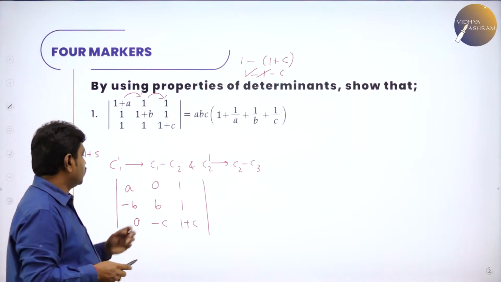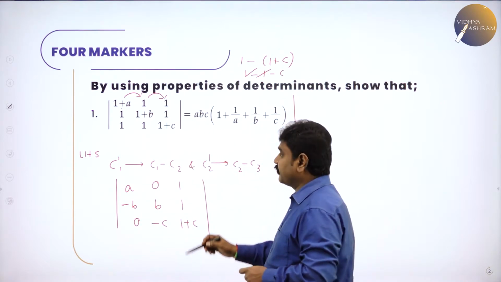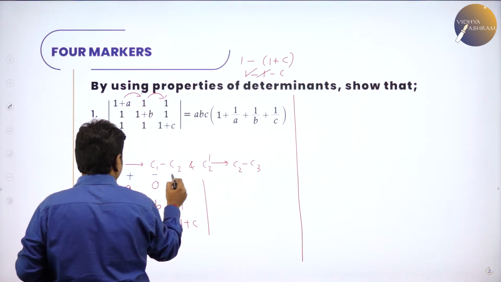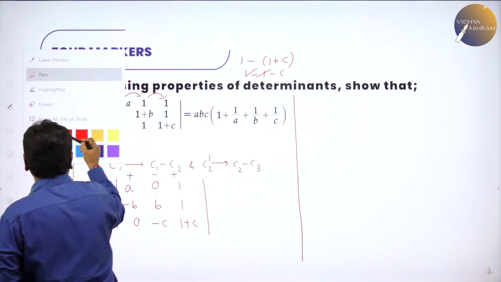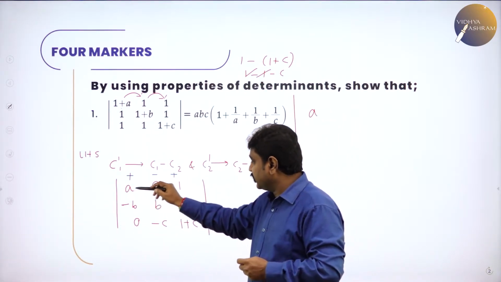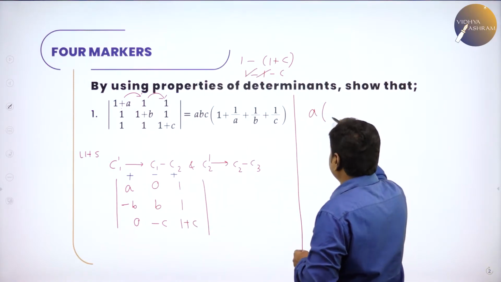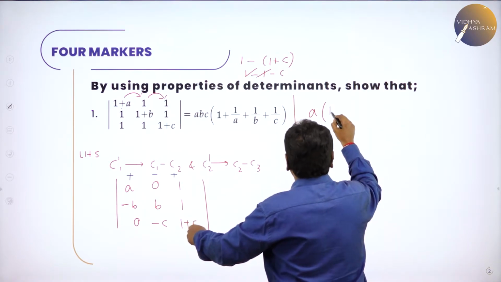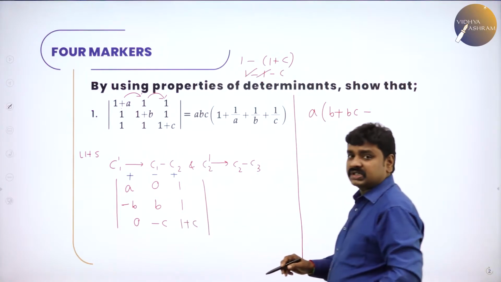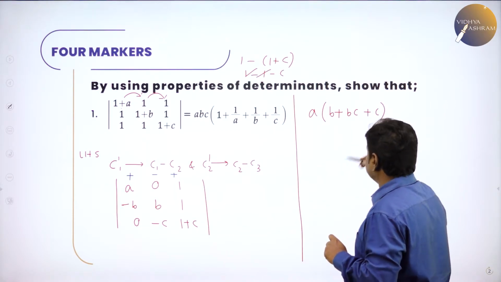You can expand this. So now all of you know 3 cross 3 determinant expansion. Expand it. So that is plus minus plus, plus minus plus, and expand this. So if you expand A into, delete the column and row where A is, you will have 4 elements. Multiply them. B into C plus 1. A into B into C plus 1. B into 1 is B plus BC, minus C into 1 is minus C. Already we have minus of minus becomes plus C.